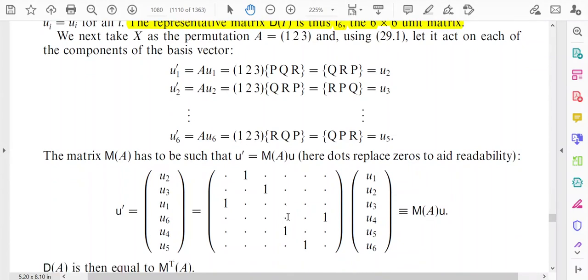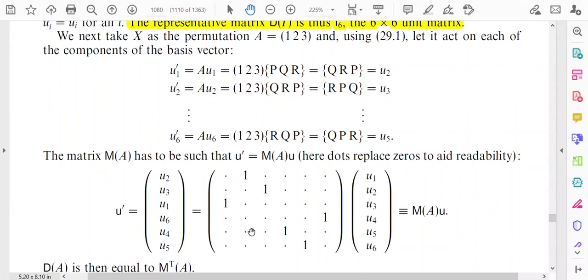This right side element, u2, u3, in this way, is actually u prime. You see that first we obtained u2, that is why we have written u2. Next we obtained u3, so we have written u3, and so on. Last we obtained u5, so in the last position it is u5. So the right-hand values constitute the elements of u prime.